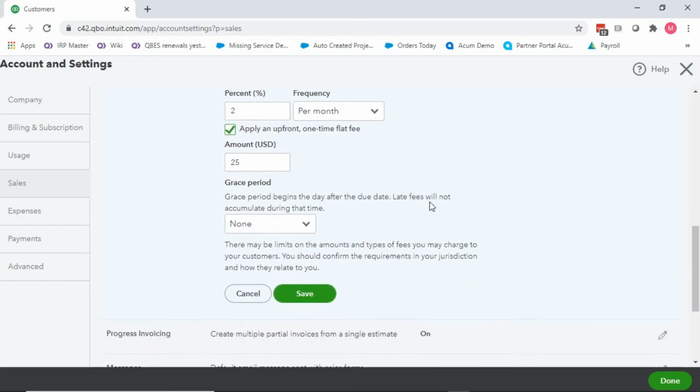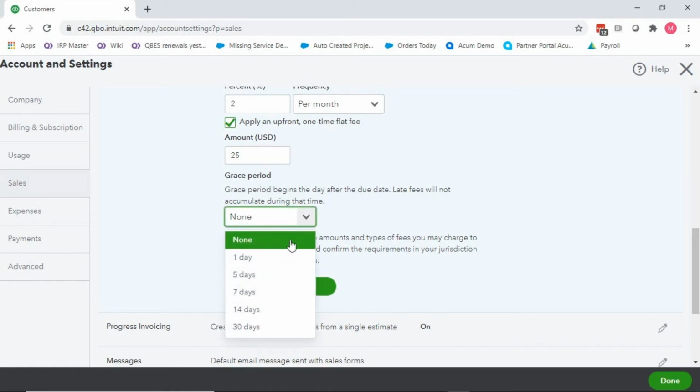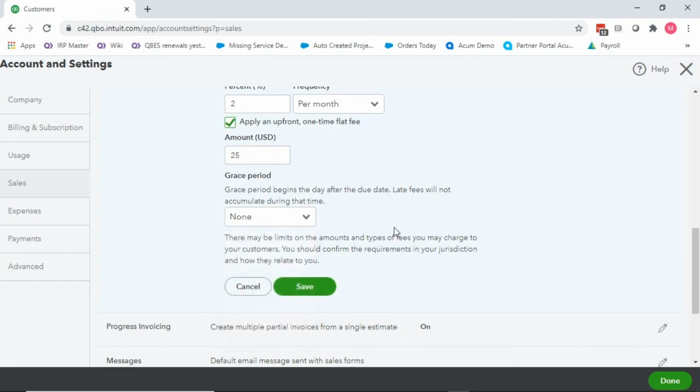Okay. All right, then we have a grace period down below. So grace period is when you are saying, okay, it's due January 1st, you pay January 5th, I'm not going to assess a late fee because it's close enough to January 1st that we're good, right? So you have different options for grace periods. No grace period, so if they're late, they're late. Again, property management, pretty common. 1 day, 5 days, 7 days, 14 days, or up to 30 days late that they can have this fee